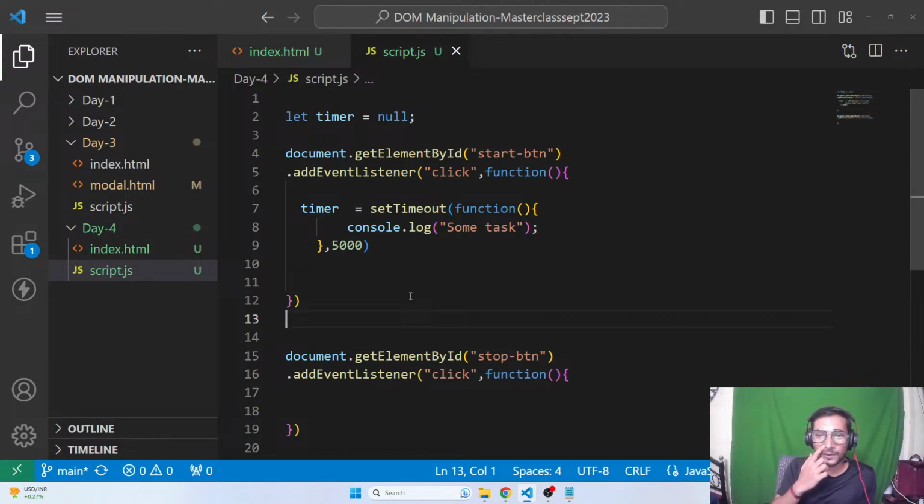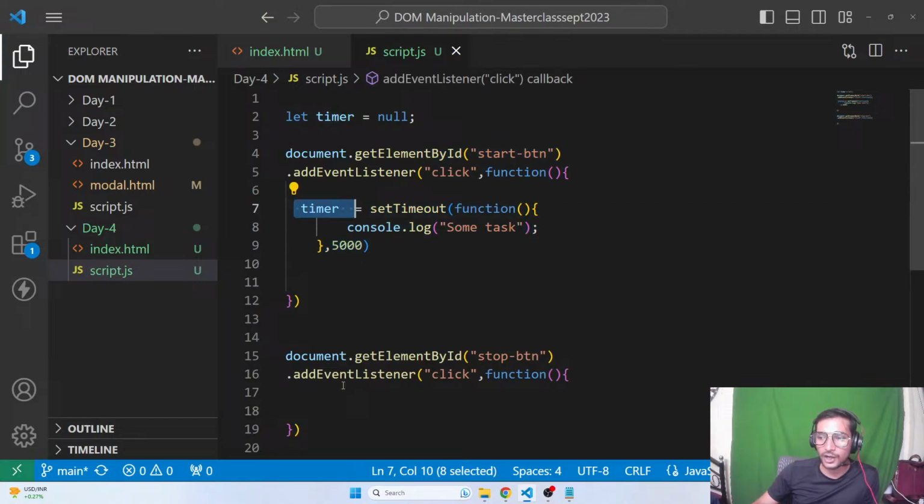Can you stop the timer permanently once shown for a user so he never has to see it again? Yes, we can do that. Why not? You just have to write some logic, but yes, we can do that. Now guys, see, as soon as someone clicks on start, this timer will start and it will be stored in this variable. Now if I want to stop it,